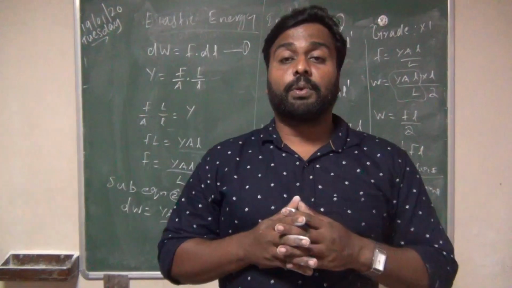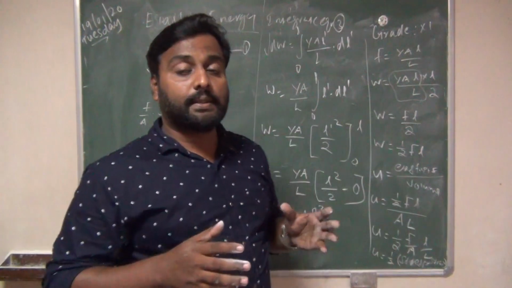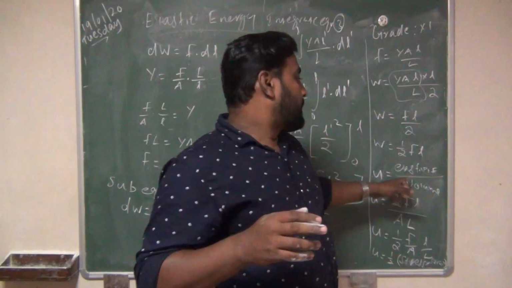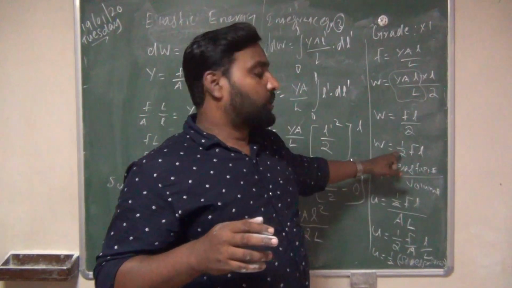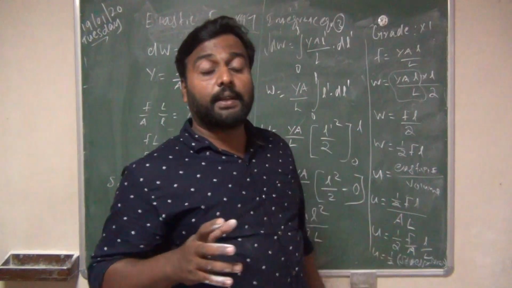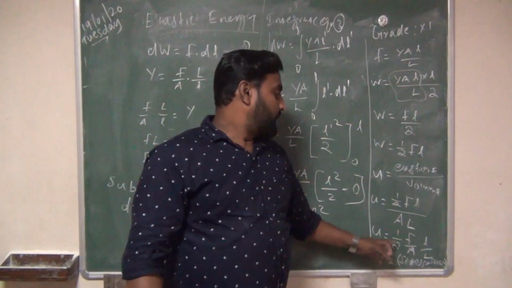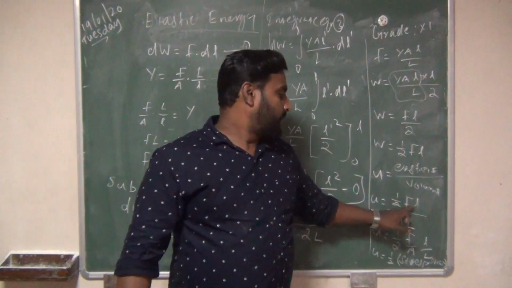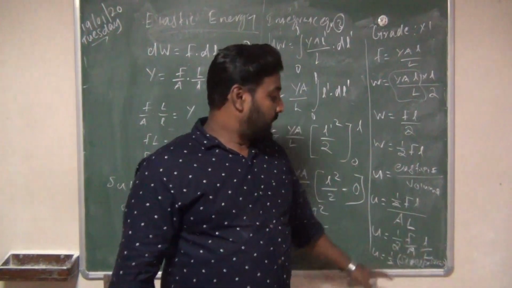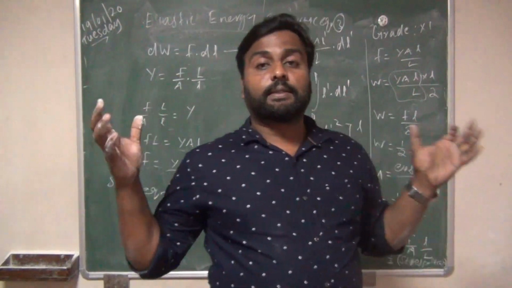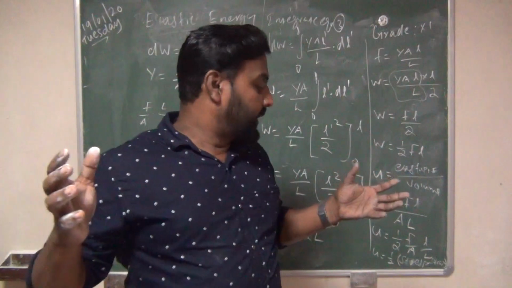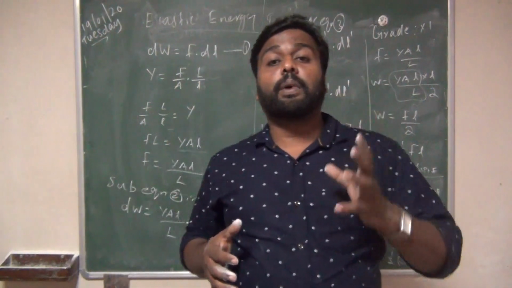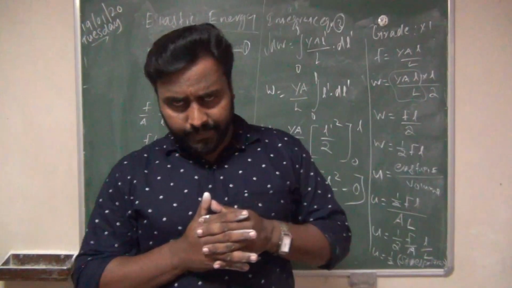And we have to find out the energy per unit volume, that is the energy density, how much elastic energy is stored. So U is equal to elastic energy divided by volume. So half F l divided by volume, which is area into length, A L. From that, rearranging, we write 1 by 2, F by A, and small l by capital L. And what is this F by A? It is called stress, and small l by capital L is strain. So we can write U is equal to 1 by 2 stress into strain.